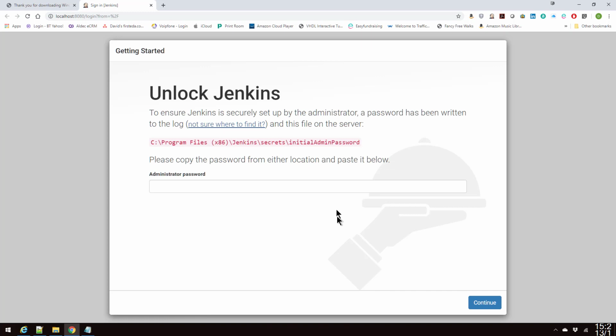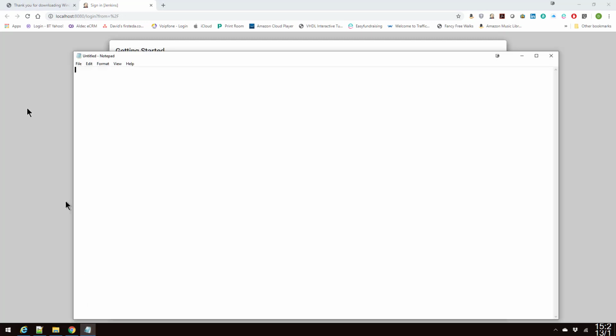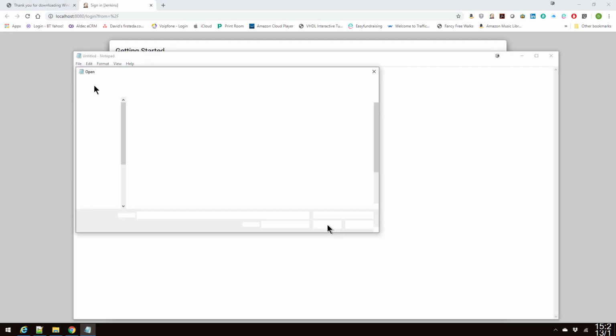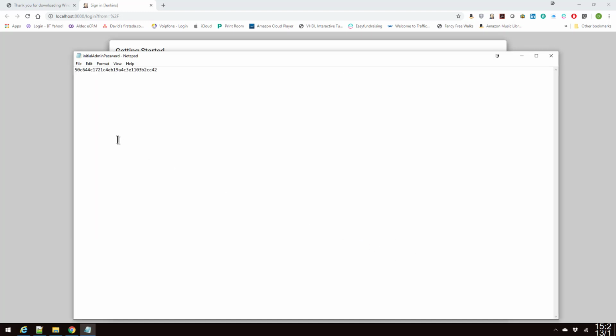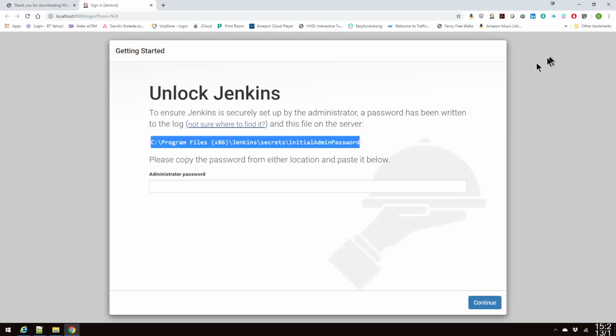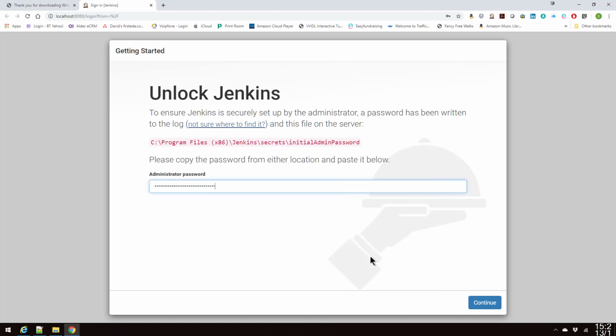So we have this. The installation has built an admin password in a file, so what we need to do is open that file in something like Notepad. So let's open that, and in there is the password for the admin user, so we can copy that. Obviously remember to change the admin password once you're in to Jenkins. So we'll log in,